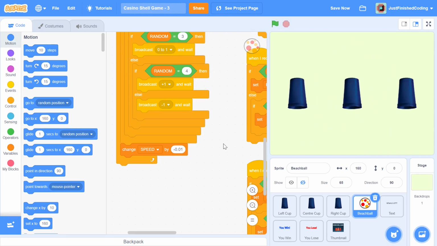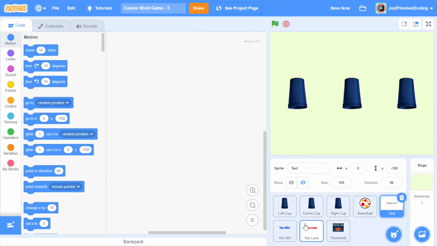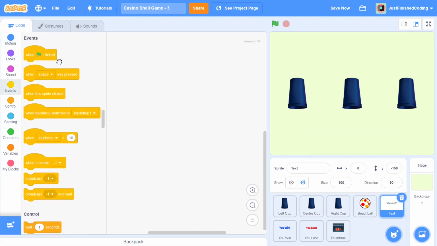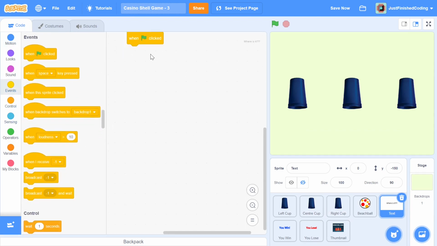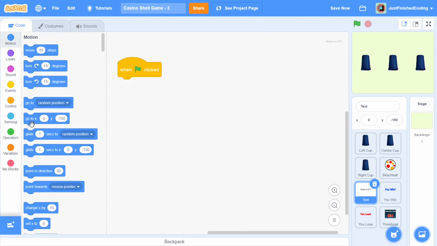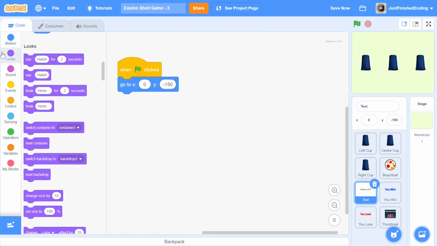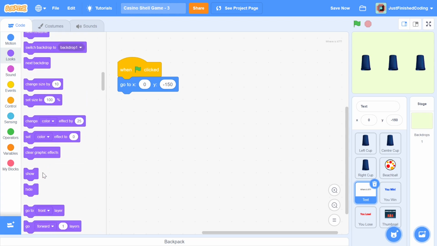So there we go, that's going to be the shuffle, and once we're done with that, we can actually get to the text part of this. Now when the green flag is clicked, I'm going to go to a particular position: x 0 and y negative 150. After this I will make sure I hide, and then I will create a new variable and set it.